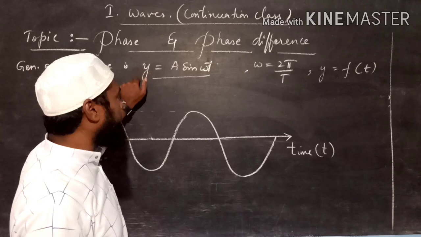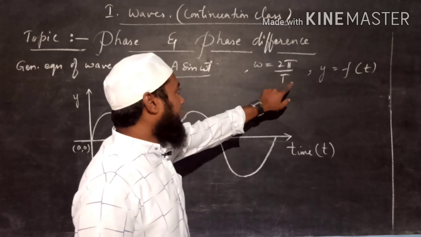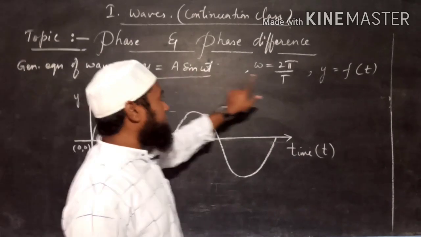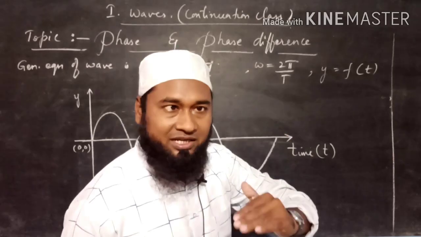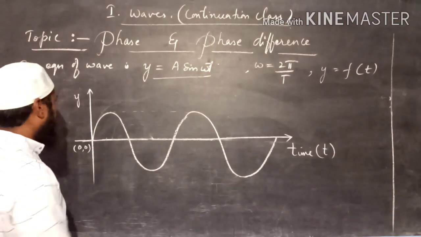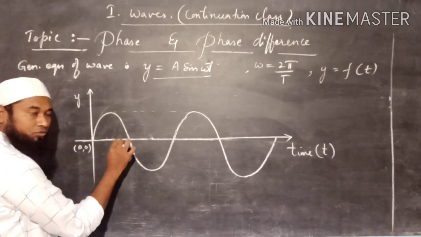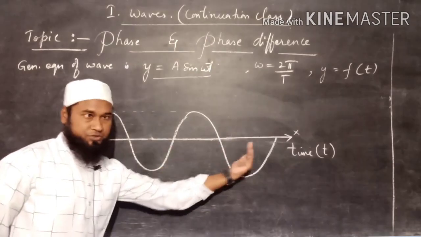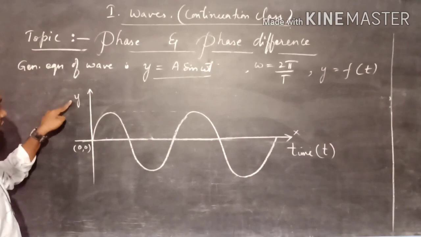In this, a is amplitude, y is displacement of the particle, omega is angular frequency or angular velocity, the formula is 2 pi by T, and as you can see, a is constant, omega will be constant, y will change with respect to time. So we can say y is a function of t. Displacement of the particle is a function of t. So I have drawn one wave diagram in which there will be changes in y. y will show the changes of the particle up and down with respect to time taken on the x-axis. So as time moves forward, we will see different positions of the particle with respect to y.